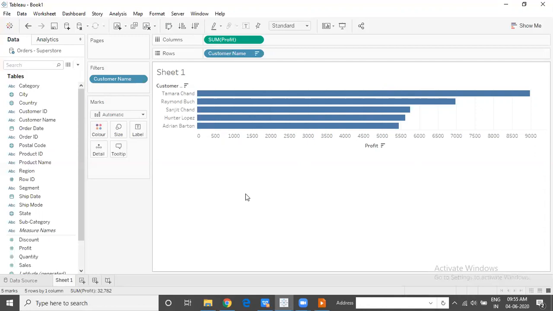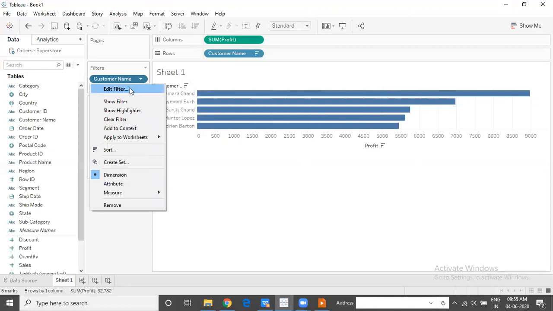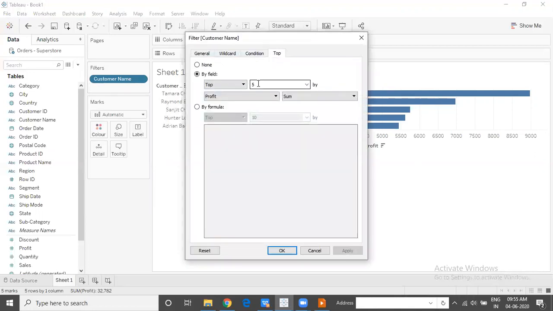That is through a parameter. So how do we create a parameter? In this case, I will go ahead and edit the filter. So here I see that there is an option to enter a constant value. And in Tableau, wherever you see the option to enter a constant value, if it is a drop-down menu, you will definitely see the option to create a new parameter. So I would like to create a parameter from here, from the top tab present on the filters shelf.